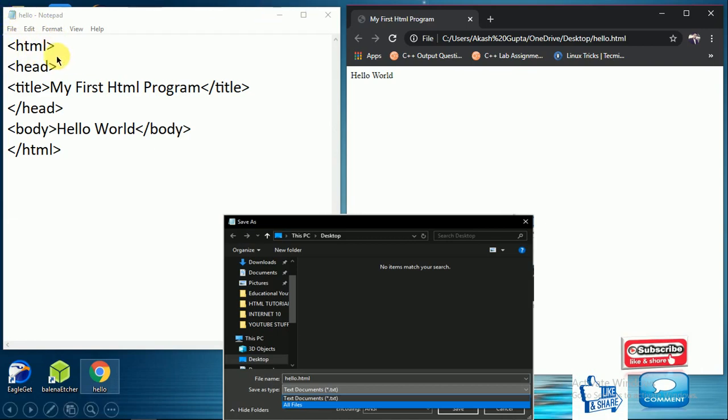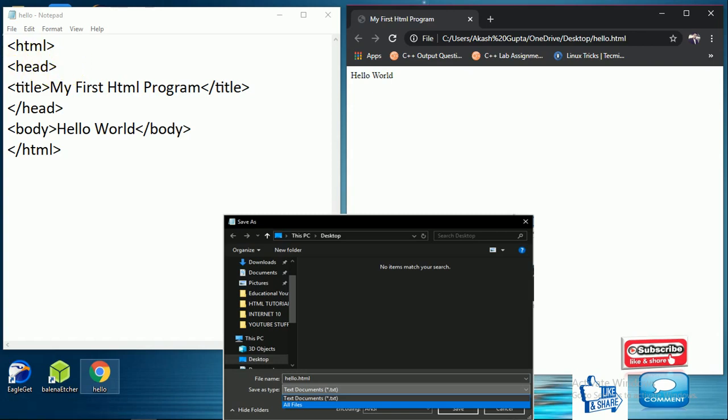This tag marks the starting of your HTML file. After that you have to write the head tag. The head tag is not visible in your web page, in your web browser output, but it contains important functionalities of your program.